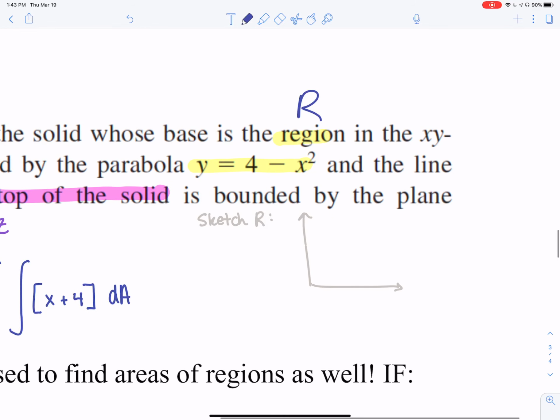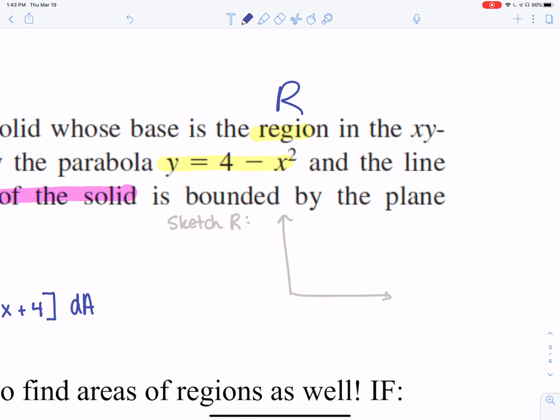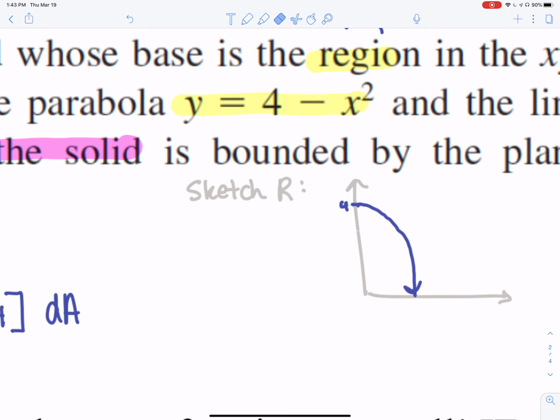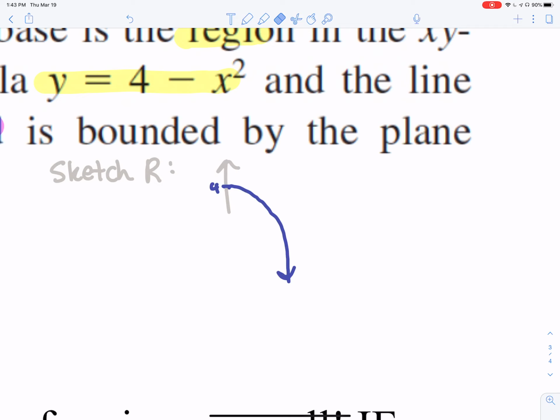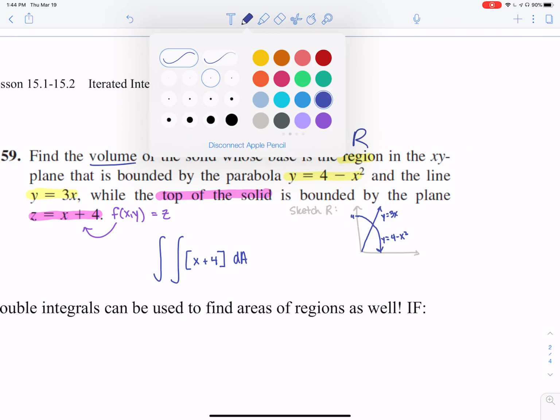So it looks like we have the parabola y equals 4 minus x squared, which would be something that looks like this, with a 4 at the top. And the line y equals 3x. So here's y equals 3x, and here's y equals 4 minus x squared. So you have that downward facing parabola and your straight line y equals 3x. And so our region here is something that looks like